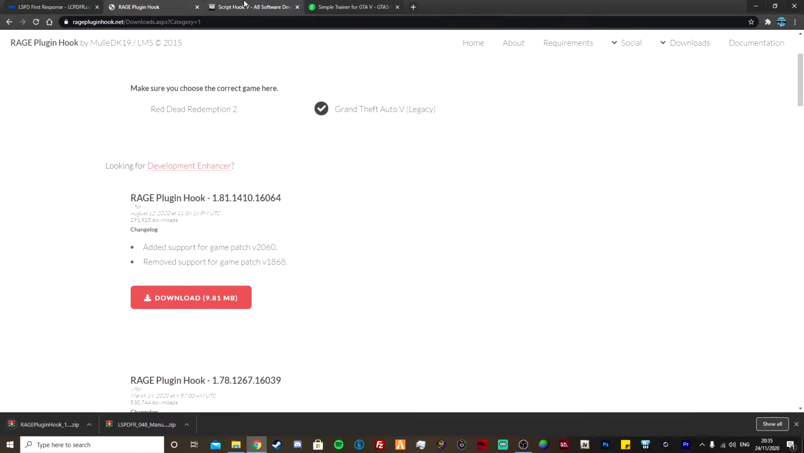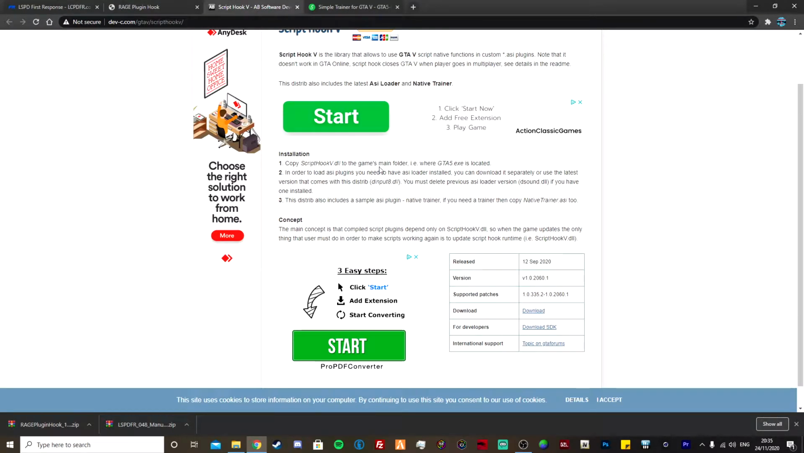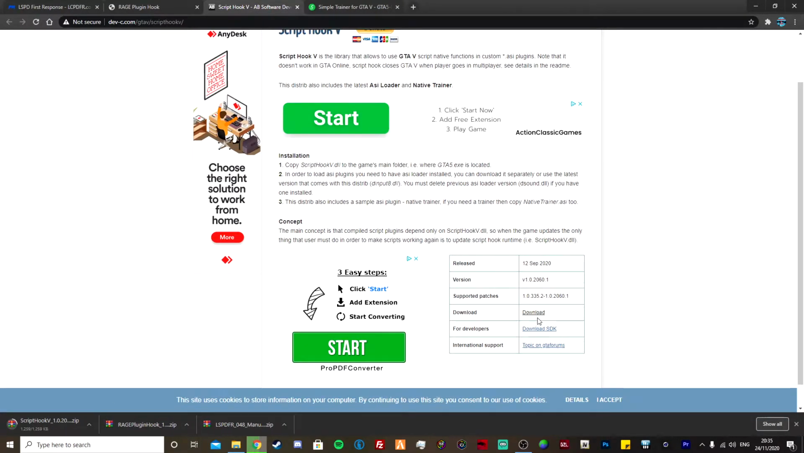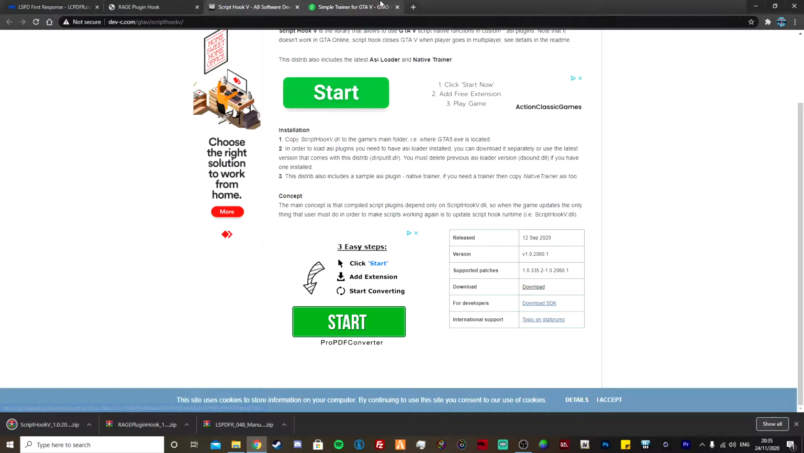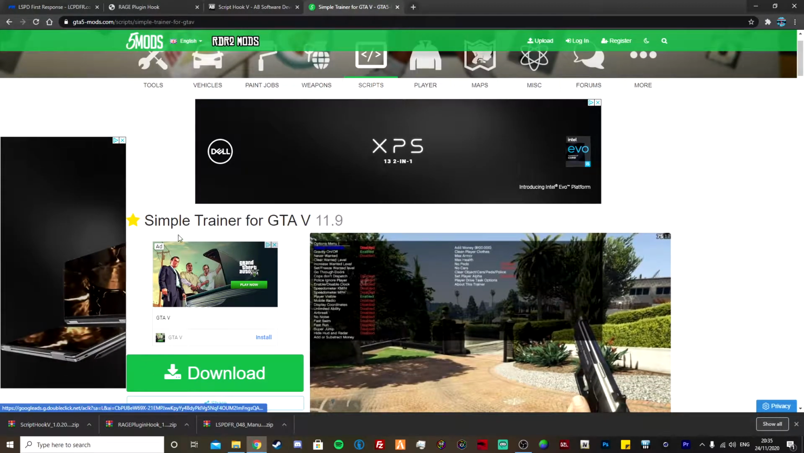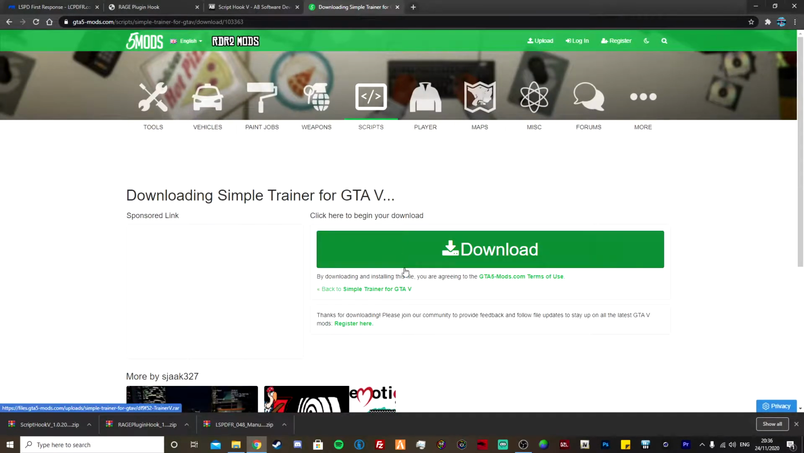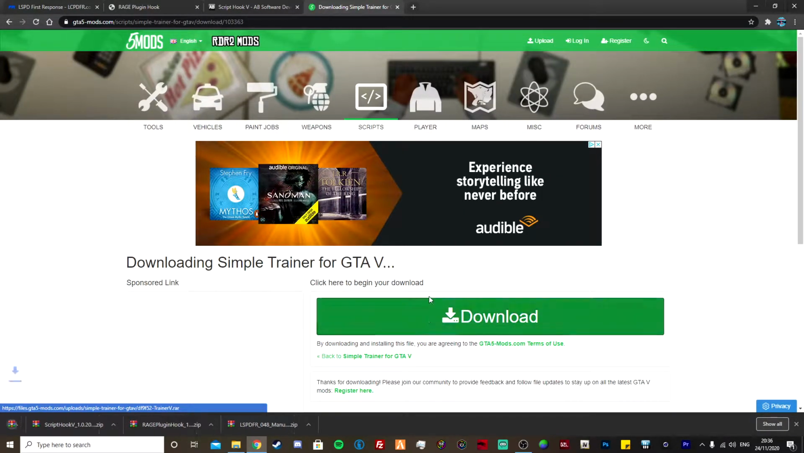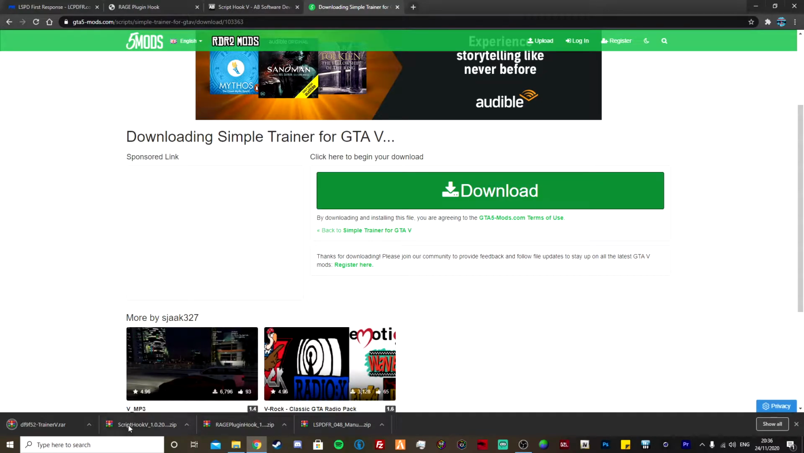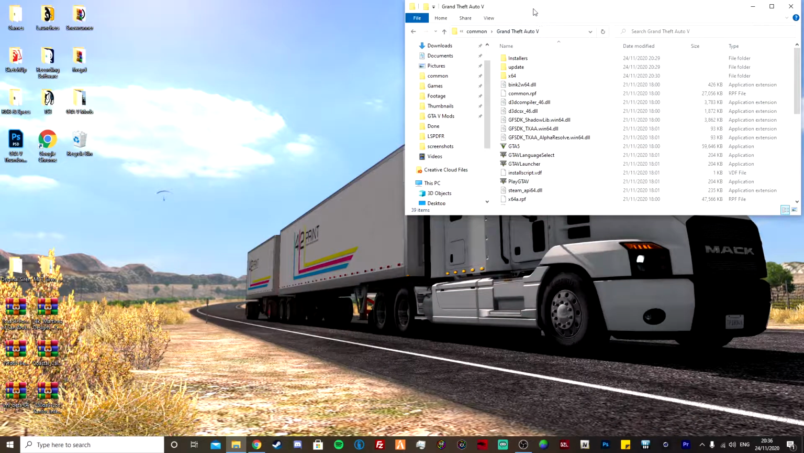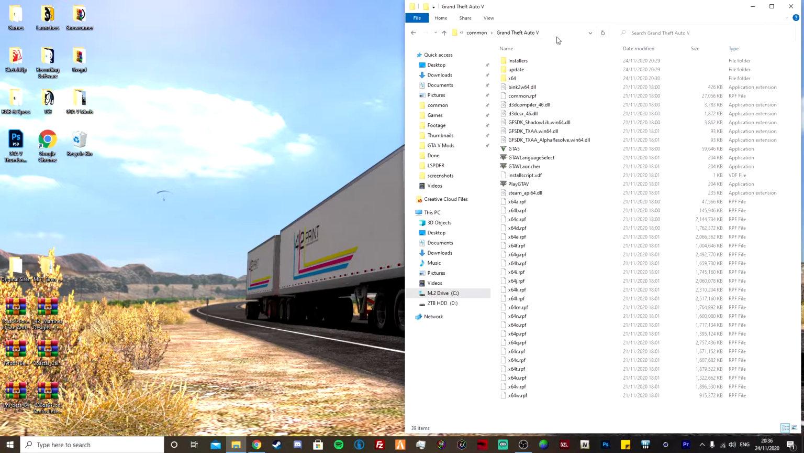And then head into the description and go to the one that says ScriptHook V, and then click download there when it brings you to this page. And then the last thing we need is Simple Trainer. So if we click download on that, and then just click download again, and that is the 4 files we need for LSPDFR downloaded. So we can now head out of Google, head over to our Grand Theft Auto 5,